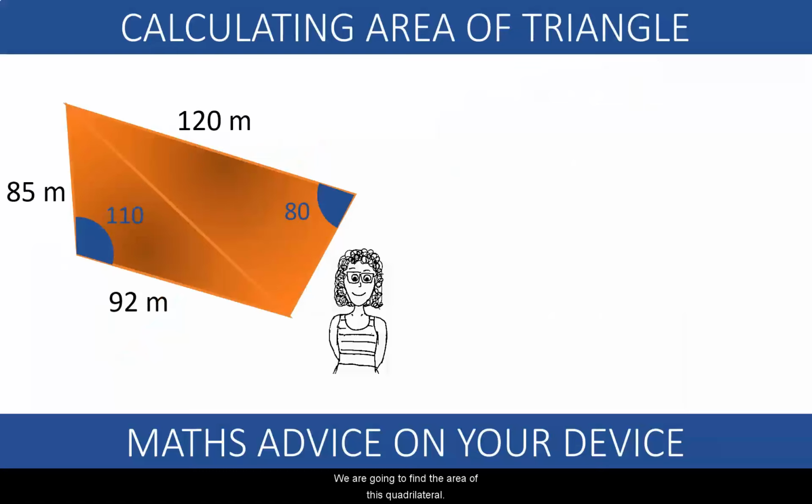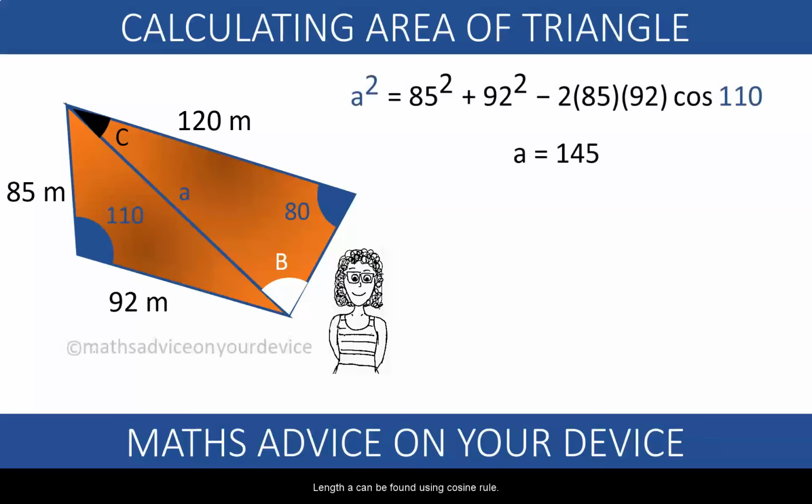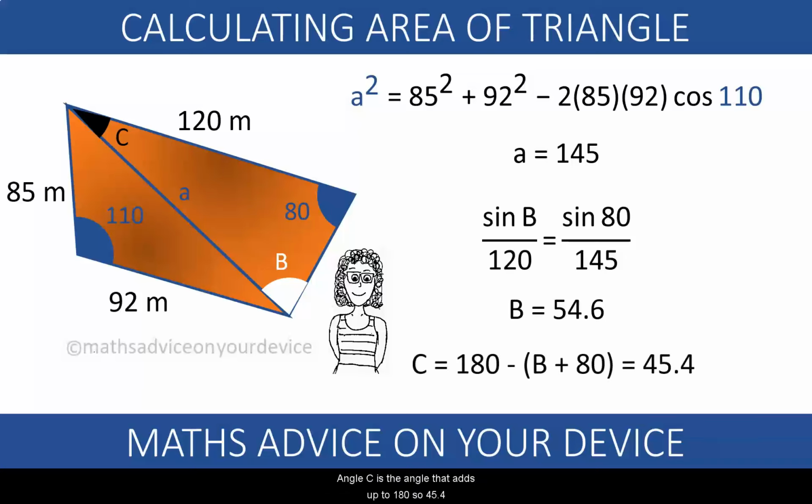We are going to find the area of this quadrilateral. Our quadrilateral can be separated into two triangles to make calculating the area easier. We need to calculate length A and angles B and C before attempting to calculate each area. Length A can be found using cosine rule, angle B can be found using sine rule, and angle C is the angle that adds up to 180, so